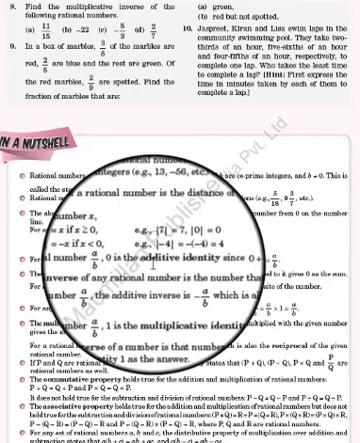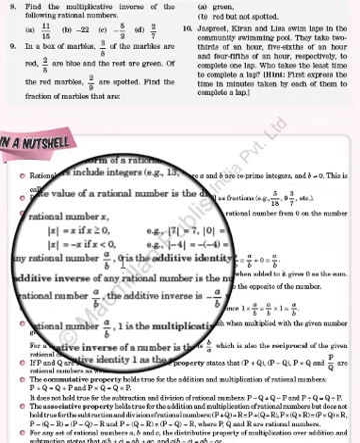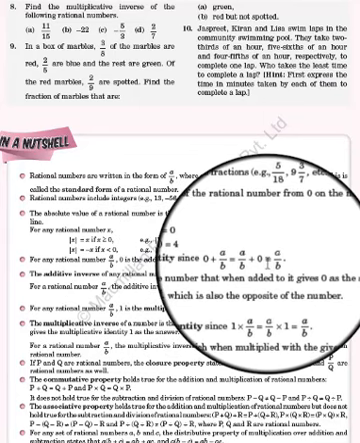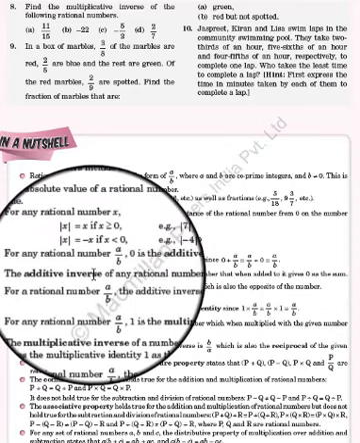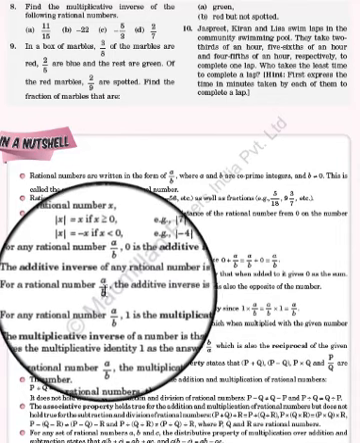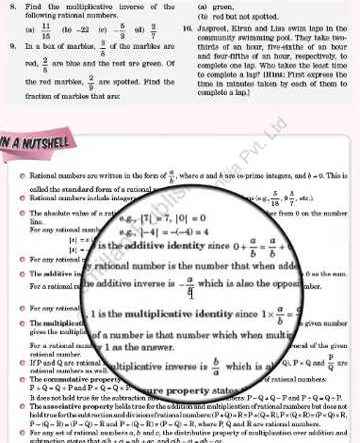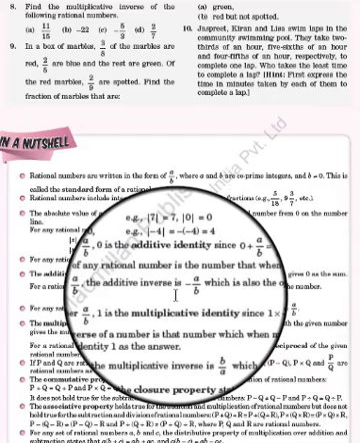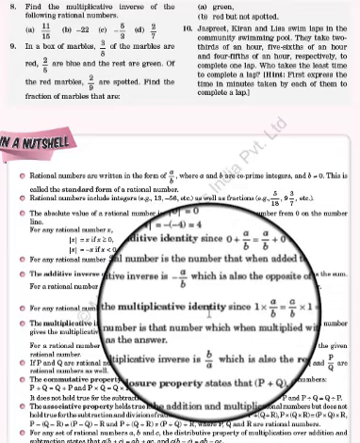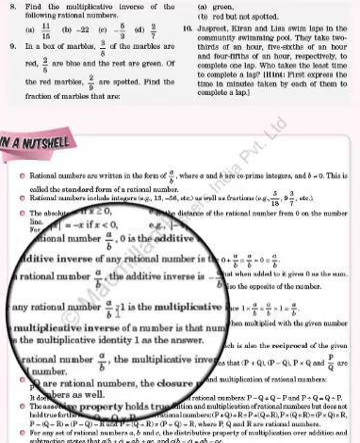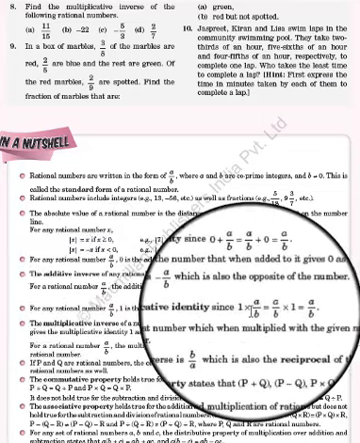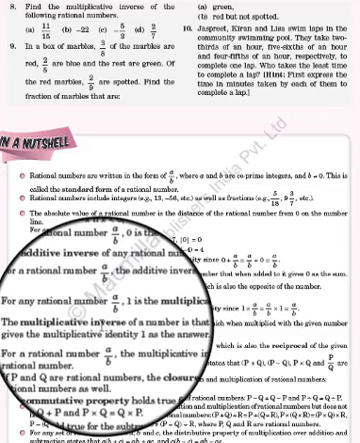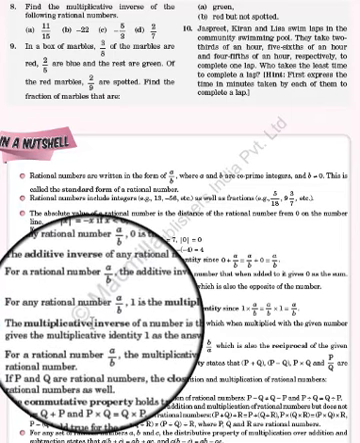Then we have the additive identity, as we know that 0 is the identity. If we add 0 to any number, the result comes out the same. Additive inverse means whatever rational number we have, if you take the negative of it, that comes out to be the opposite sign, then it becomes the additive inverse. Then we have the multiplicative identity, as we know that 1 is the multiplicative identity. Multiplying any rational number by 1 gives the same rational number. Then we have the multiplicative inverse, or in the local language we say the reciprocal.